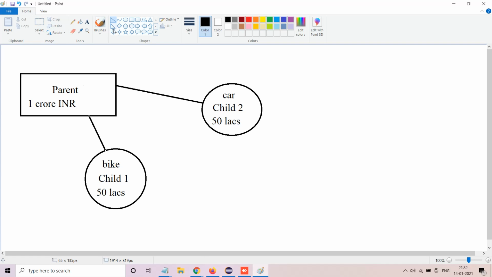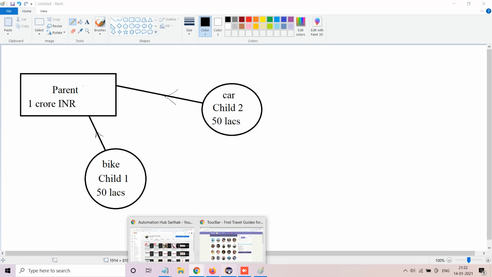Only one way is true. This way is true, the other way is not true. Parent cannot inherit from child. Yes, a child can give to a parent, that's a different subject altogether, but as per the life principle, you inherit from your parents. Now let's use this concept and try to understand how we will match it with our code in